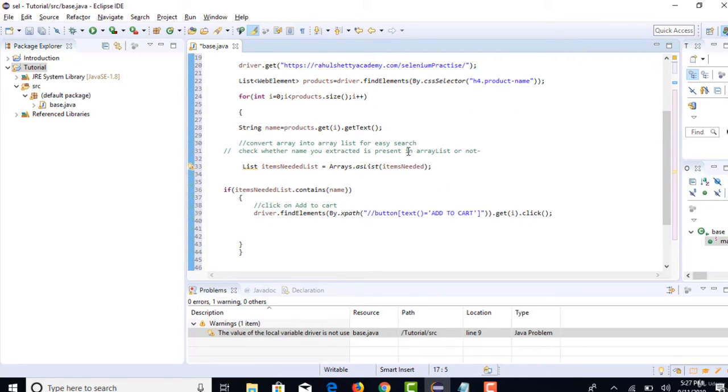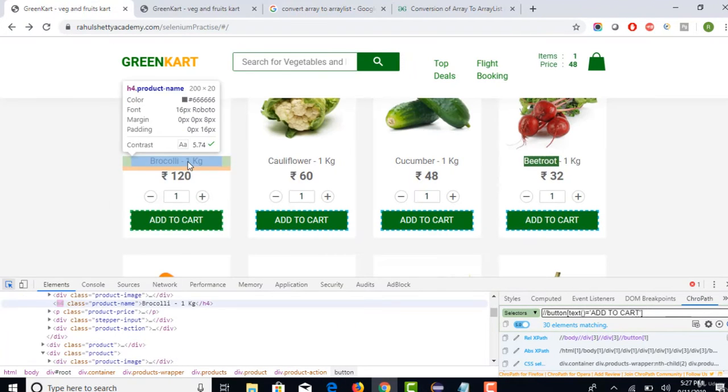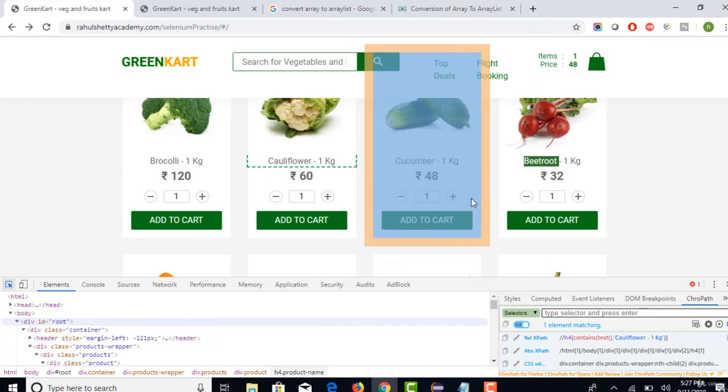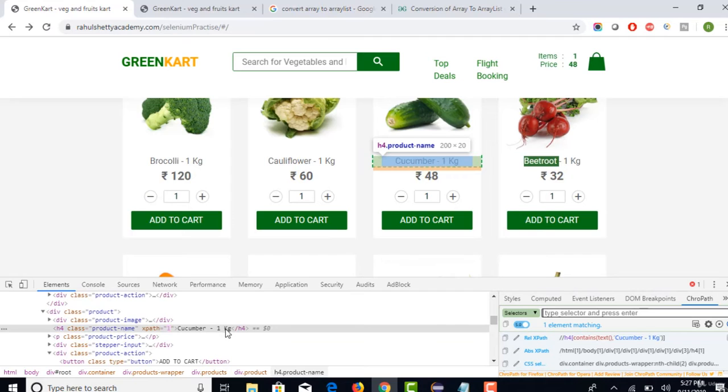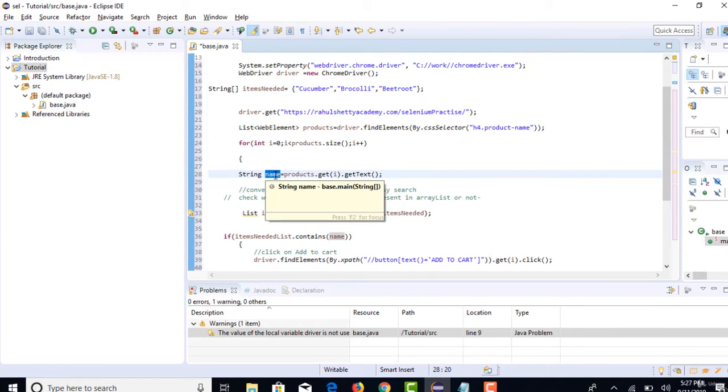So will this work? No, still there is a problem because it's returning us broccoli hyphen 1 kg, cauliflower hyphen 1 kg and cucumber hyphen 1 kg. So matching is not found. When it is cucumber hyphen 1 kg, whatever you get from your get text, it should be present in this array list.